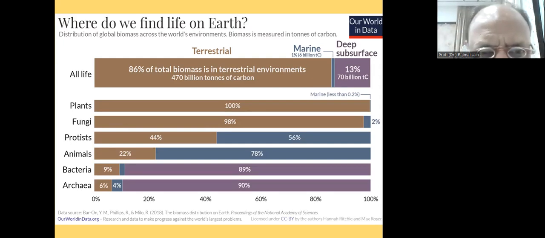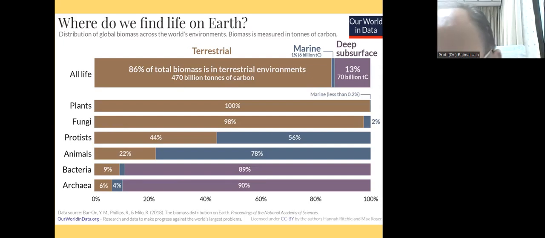And I showed this in my last talk when I was talking about the hydrosphere. Then there are many other groups: bacteria, fungi, protists, and animals also. So now if you see with the colors, you will find that the fungi are almost 98% on the earth surface, while 2% are in the